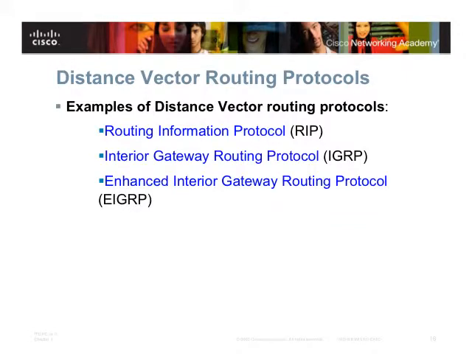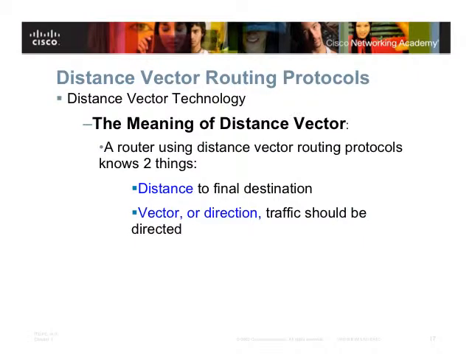Because Cisco routers represent 98 or 99% of all the routers, they are very common, in such a way that they are becoming de facto standards. But RIP is in fact a standard. There is an RFC, and if you go to the IETF website, you will see the RFC for RIP. So we will study RIP and we will study EIGRP.